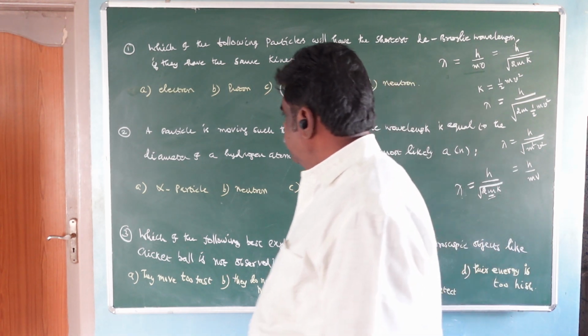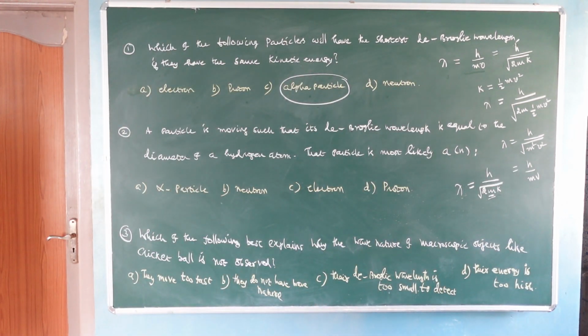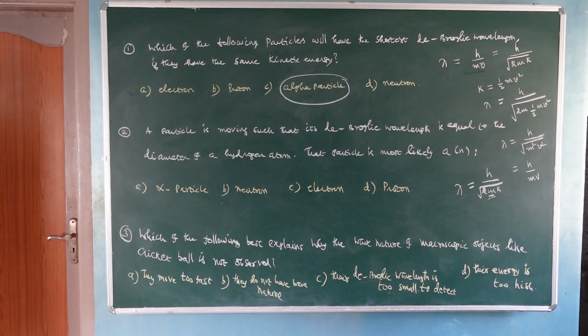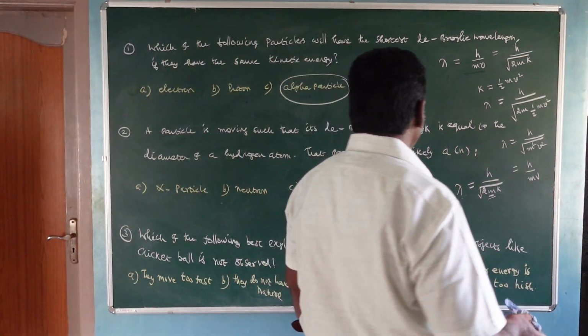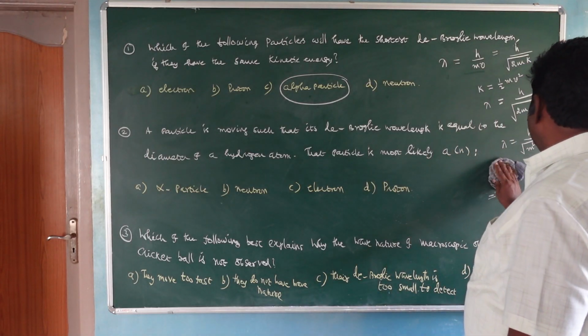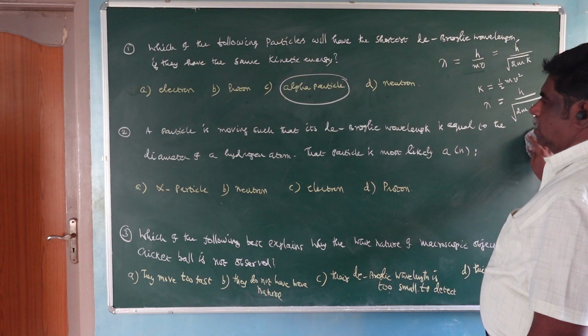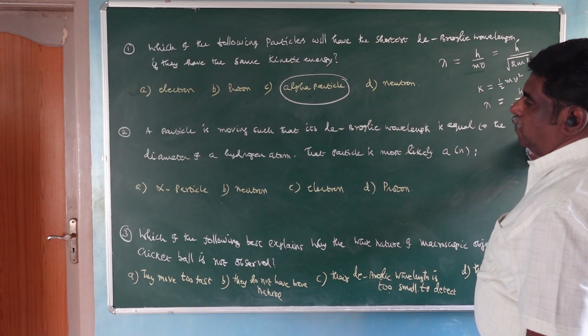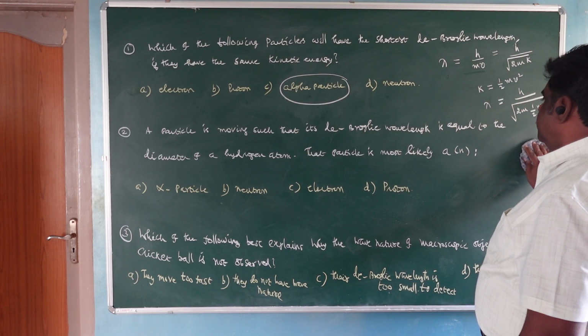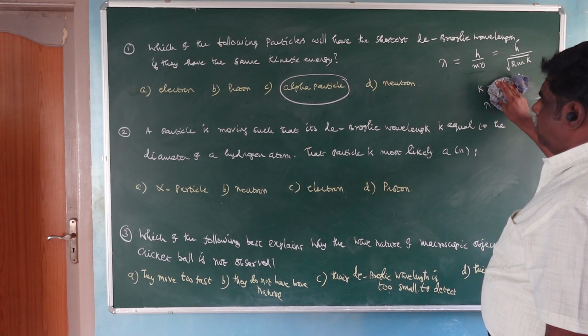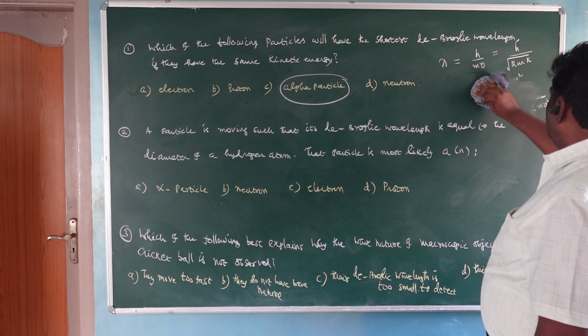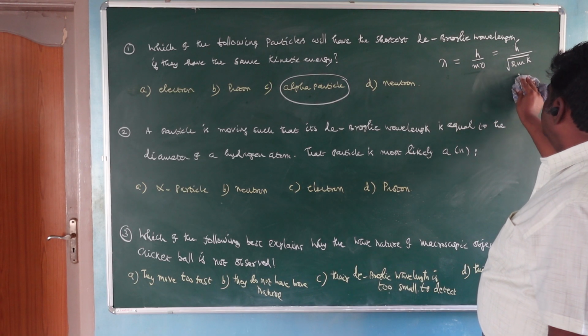Now go to problem 2. A particle is moving such that its de Broglie wavelength is equal to the diameter of a hydrogen atom. That particle is most likely